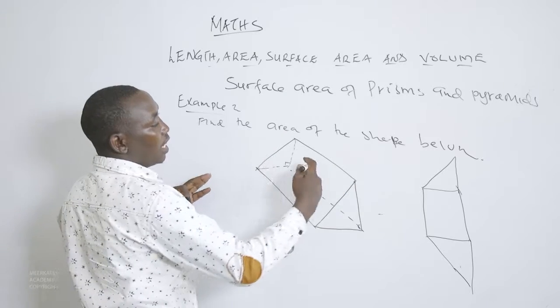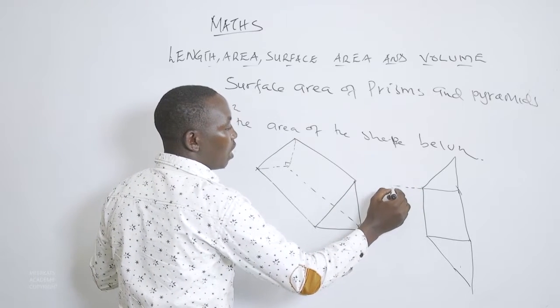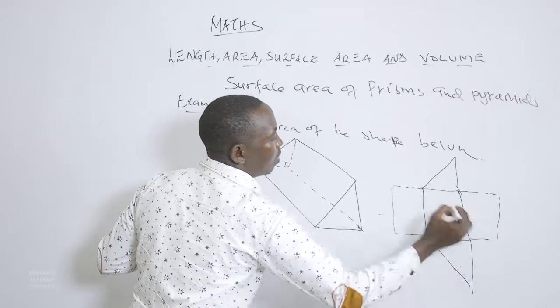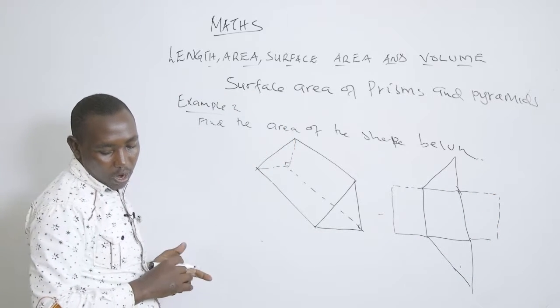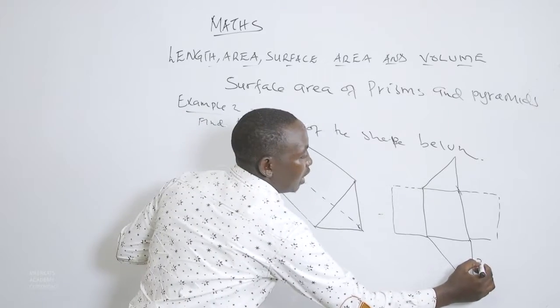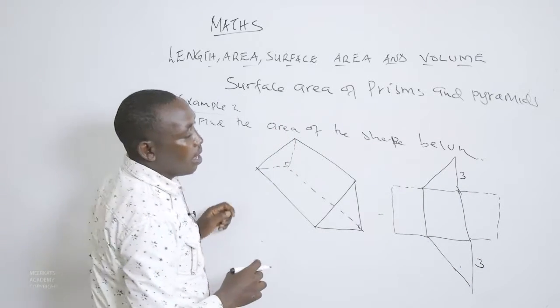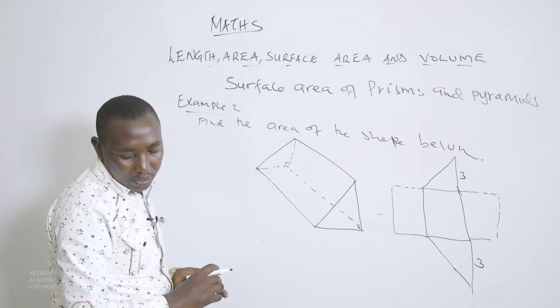Then when you open this side and you open the other side, we're going to have those particular shapes. Now we are told that this is 3 units, that is 3 units,